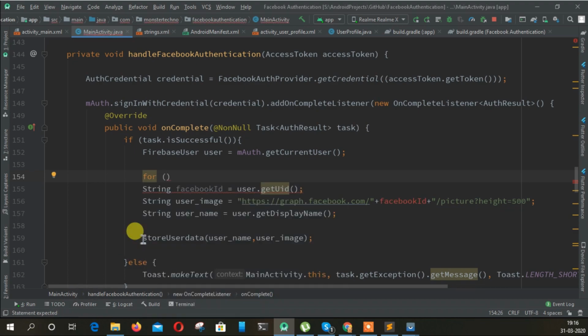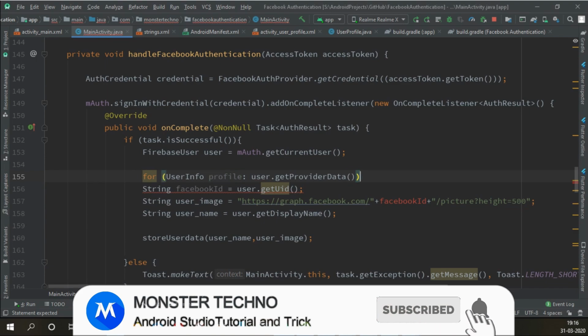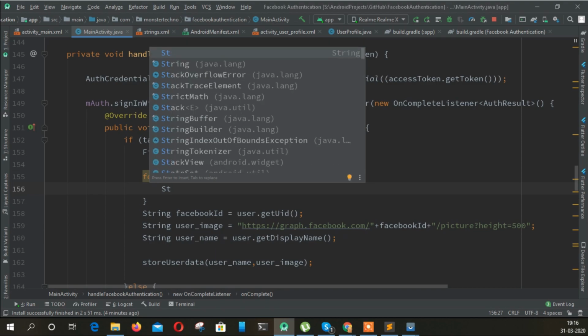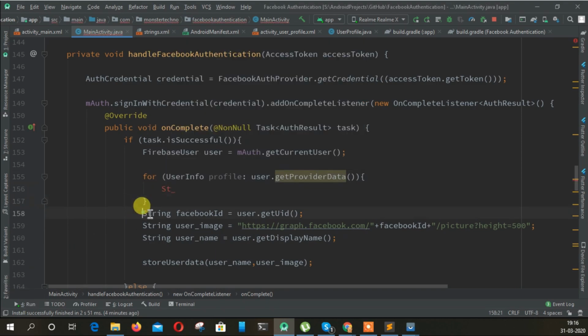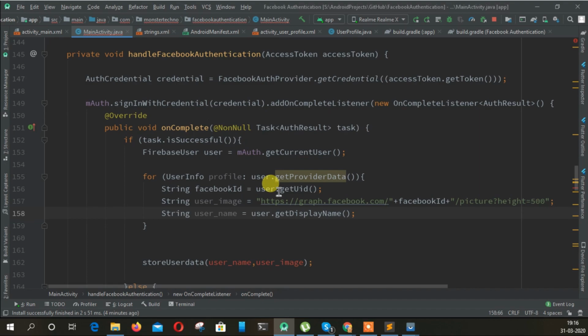For user info, profile, user.getProviderData, and then that string, under that we do like that. This is the user ID, which is going to be profile.getUid. Okay,